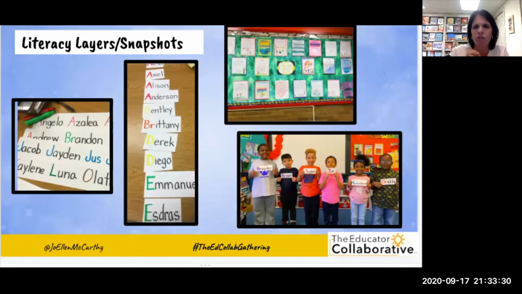Or how about when you think about kids who are learning letter sounds, younger children, and thinking about the power of read alouds and connecting to a literacy snapshot. If I look at a chart and I am learning English as a second language and I see a picture of a dog and I speak Spanish perhaps, and I say dog, dog, dog, but in my head I'm thinking perro, perro, perro. Those two things don't connect. But if I know my friends' names like Diego or Derek, I can then think about making those connections.